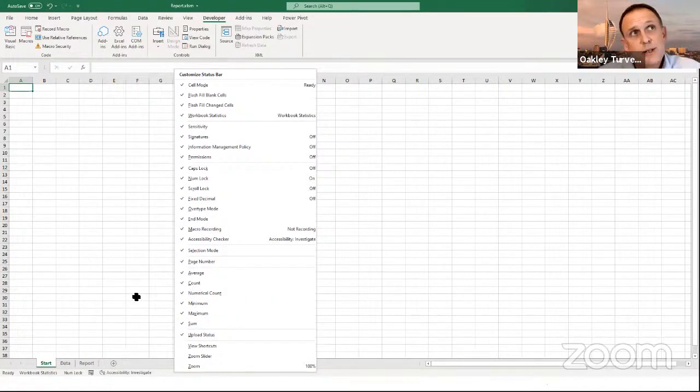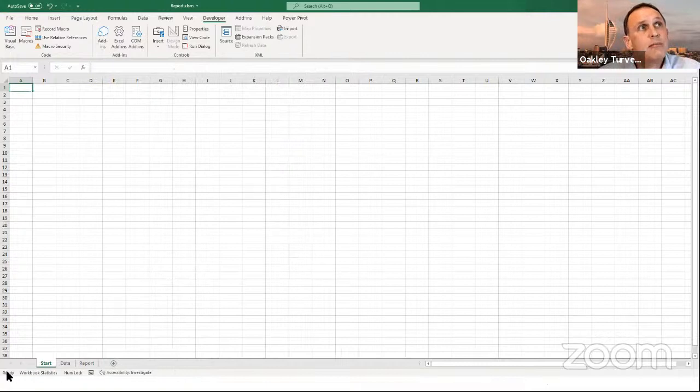Now, the other thing about these is some of them, when you hover over them, they're just giving you information. Others actually light up when you hover over them. The ones that light up are actually buttons, and you can click on them and they do stuff. That one there, when you click on it, you start recording a macro. Now, the downside of this one is you don't know whether you're recording using relative references or not. We're going to talk about that later on.